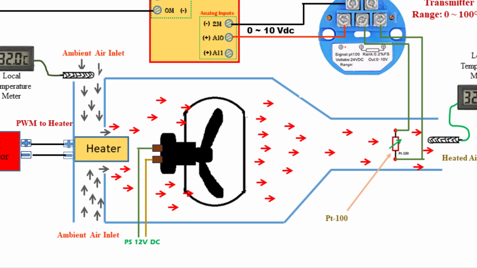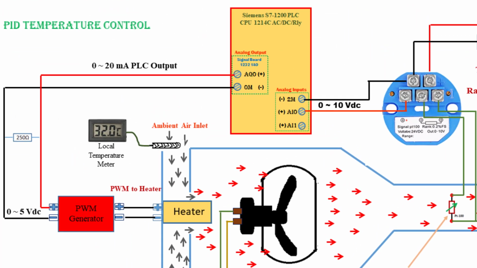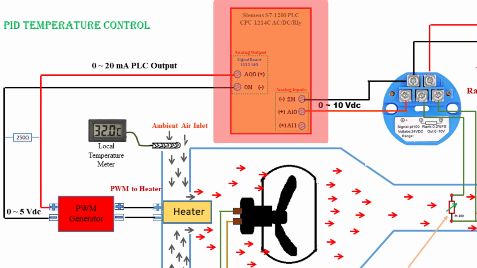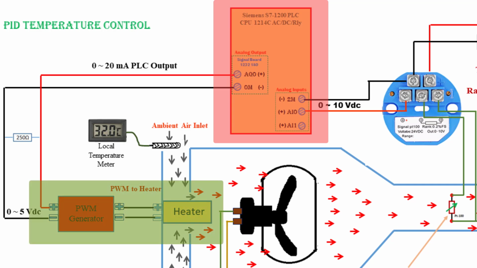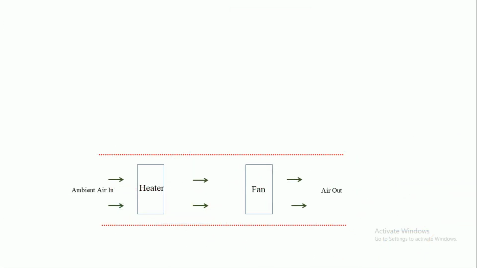Our desired operation is to heat up the air to a user-defined target temperature by regulating heater power. The PID control program of the PLC continuously adjusts or regulates the heater power to maintain the chamber outlet air at the desired and stable temperature. Now take a look at how we can proceed to implement PID for this process assembly